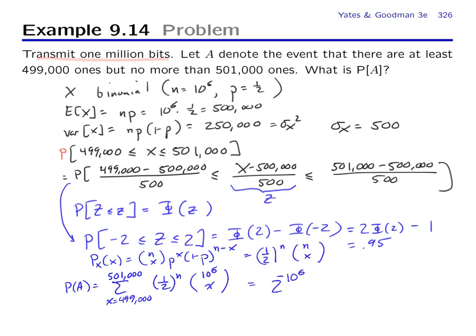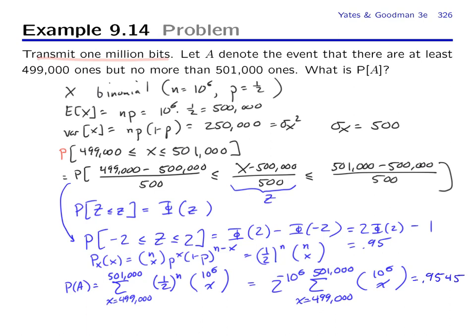minus 1 million times the sum, x equals 499,000 to 501,000, of 10 to the 6th choose x. And the problem is that this is actually a pretty difficult calculation for any ordinary calculator, or even maybe the laptop computer you have. But if you actually do the calculation, you'll get an answer, which is